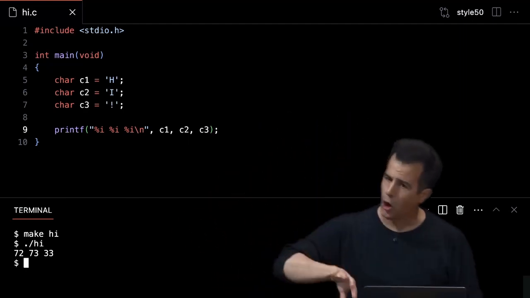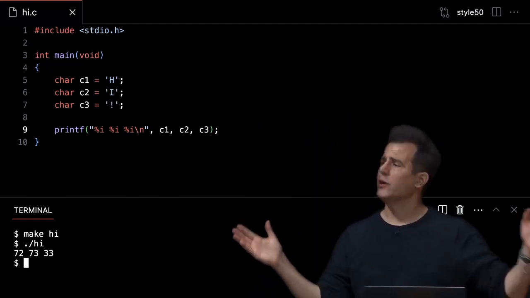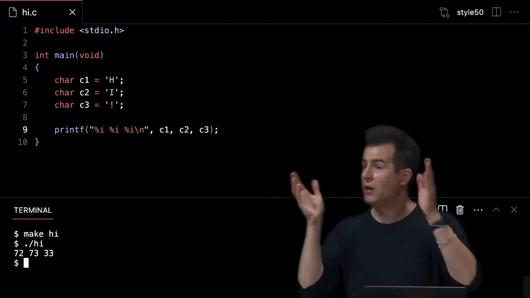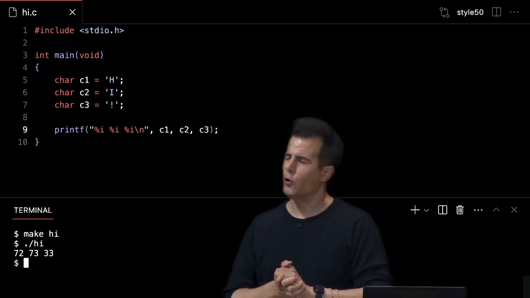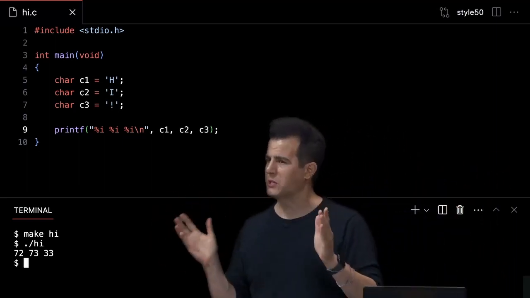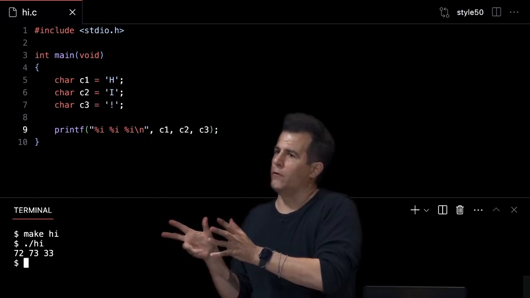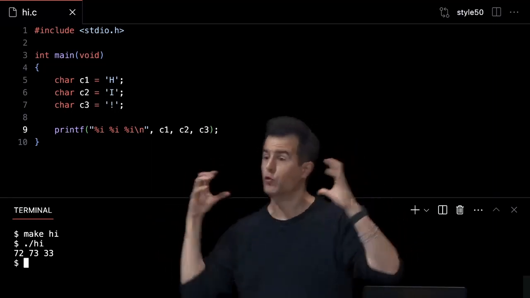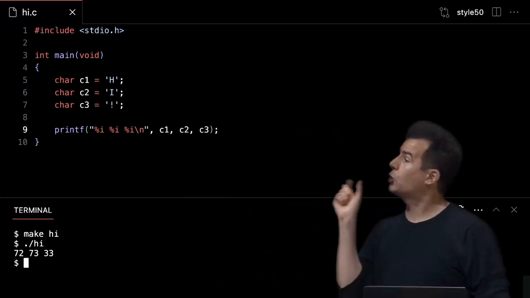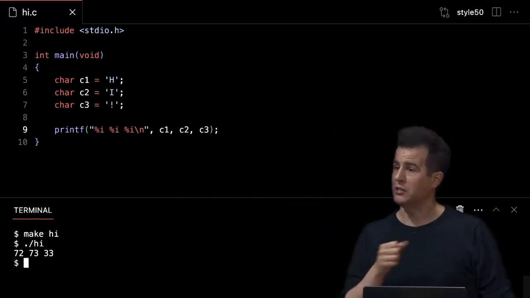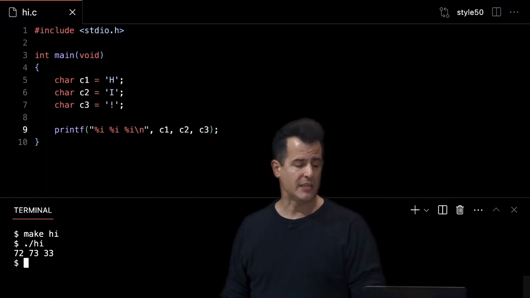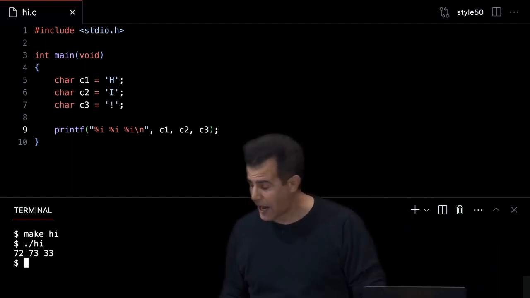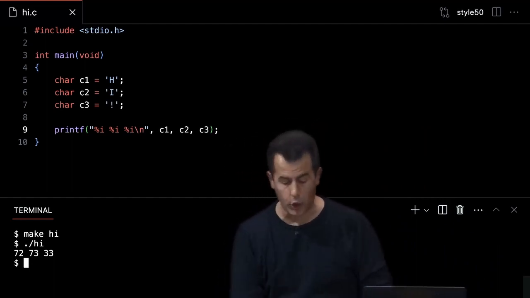So in the case of chars and ints, you can actually treat one as the other, so long as you have enough bits to fit one in the other. You don't have to cast even or do anything explicitly. You do have to cast when converting an integer to a float to make clear to the compiler that you really intend to do this, because that could be destructive if it can't quite represent the number as you intend. But in this case here, I think we're OK just poking around and seeing what's going on underneath the hood. Well, what is going on underneath the hood memory-wise?